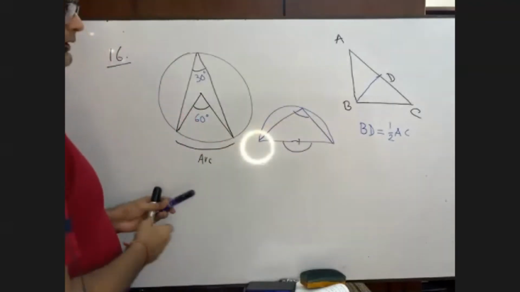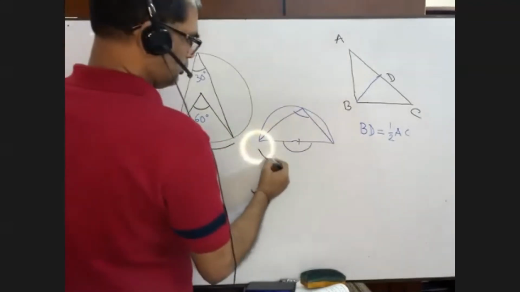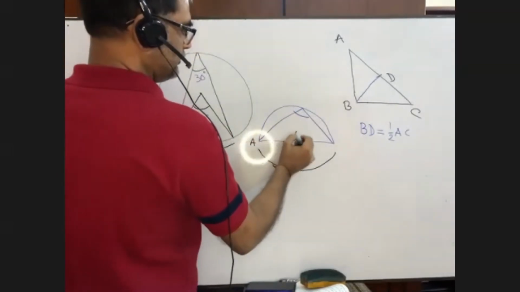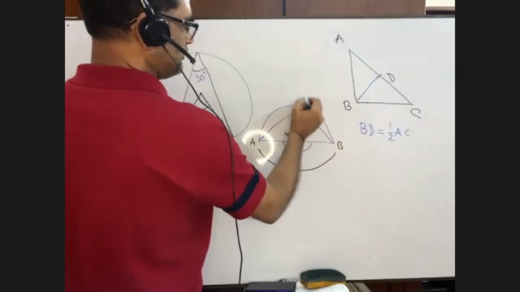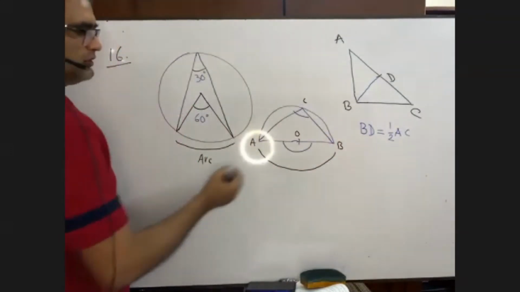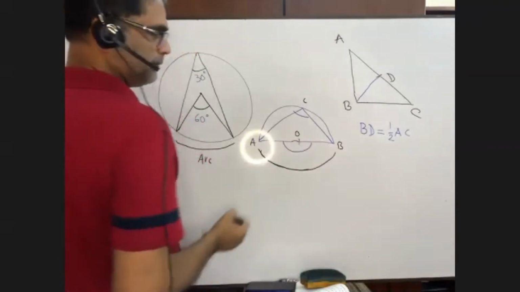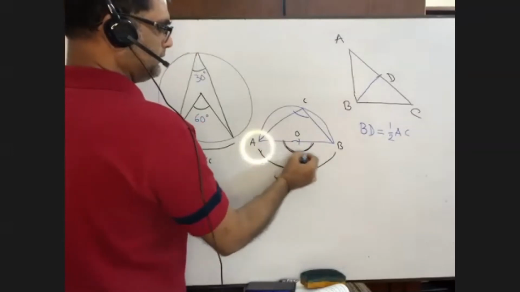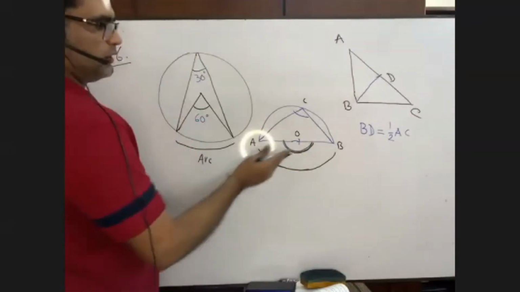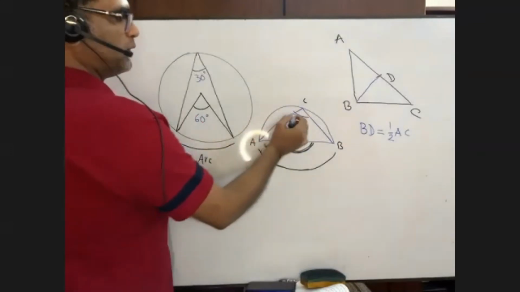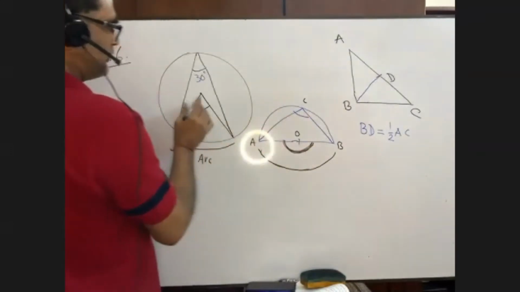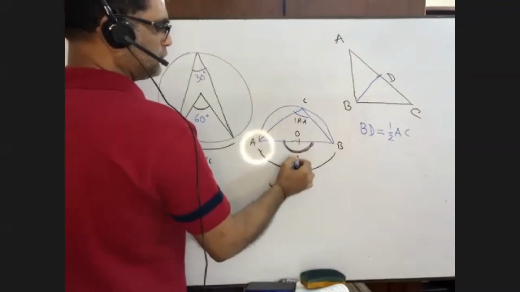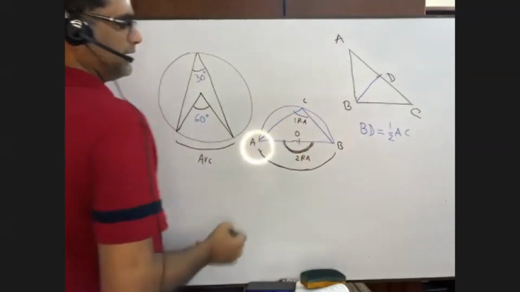Now, suppose it is the whole arc. Suppose this is A, this is O, and this is B, and this is C. Standing on this arc AOB, the angle at the center is what? 2 right angles. So its half will be 1 right angle. If it is 2 right angles, according to this formula, then it will be 1 right angle.